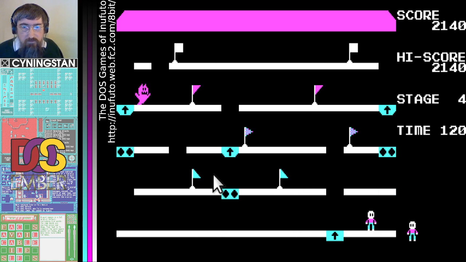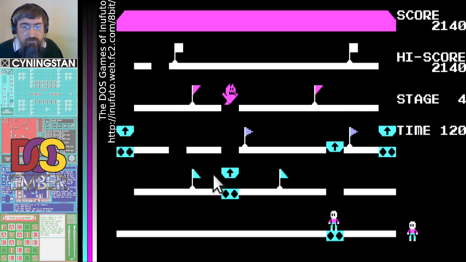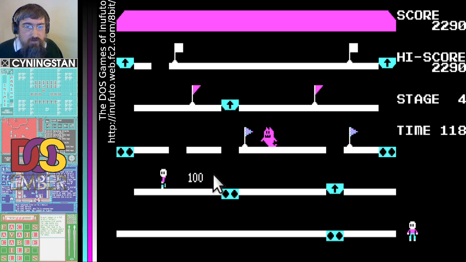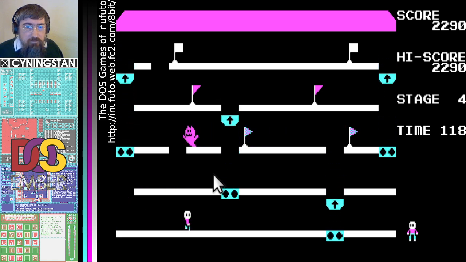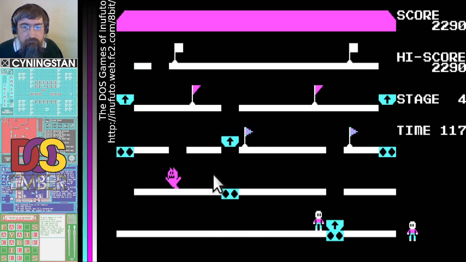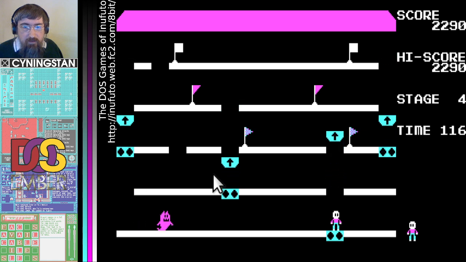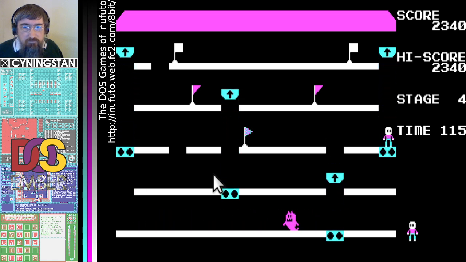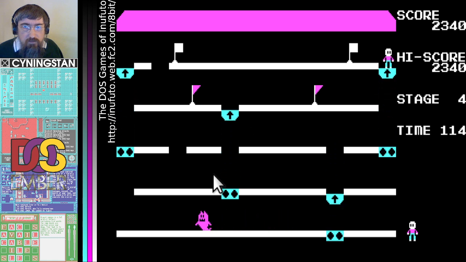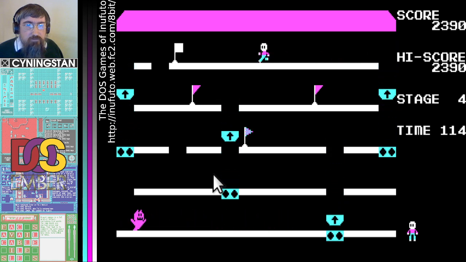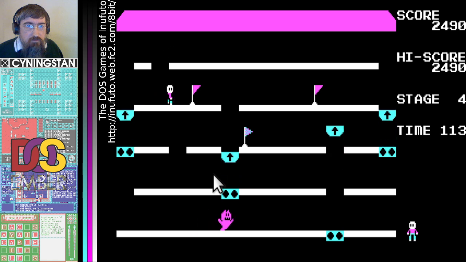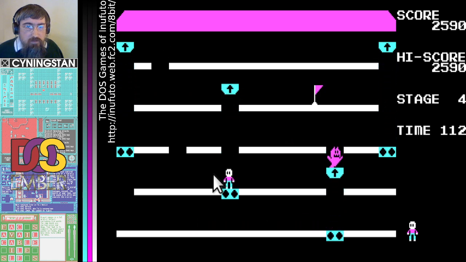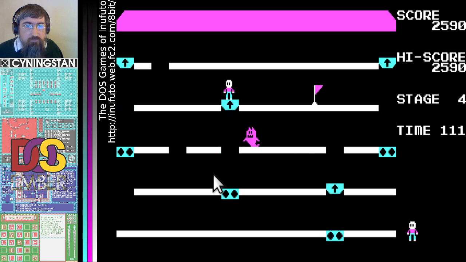Right, I've got 2 lives left. Right, I'm not going to stay on that lift there. I can see where that ghost is coming. Ah, I missed the lift. You see why this one's called Lift. Okay, that worked reasonably well, and I've got that one flag to finish now.